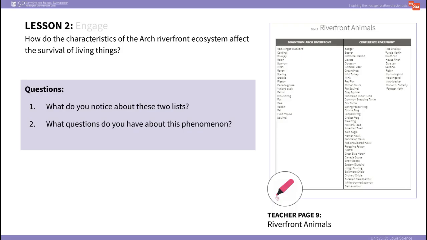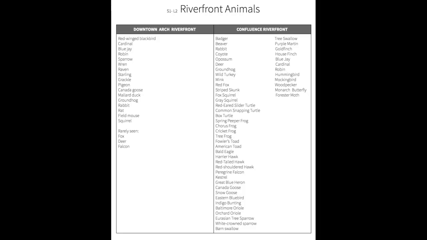In the Engage part of this lesson, students will be given a list of animals that live at two different parts of the riverfront system. Animals that live in the downtown Arch Riverfront system, and then animals that live in the Confluence Riverfront system. Students will be asked if they notice any patterns or trends on this list, and if they have any questions